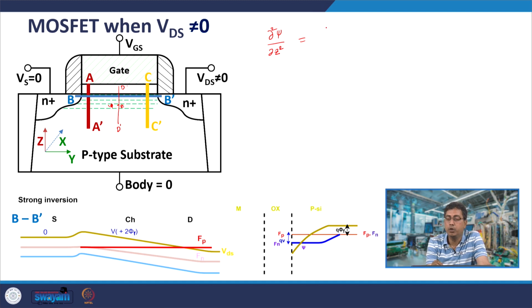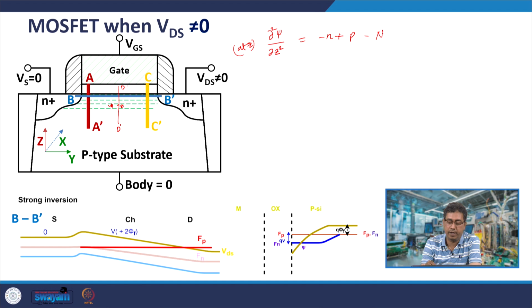What is this equal to? The total charge. So, what is total charge comprising of? The electron concentration at z, plus the hole concentration at z, minus Nb. So, there are these acceptor ions all along the channel, and we are considering them to be uniform